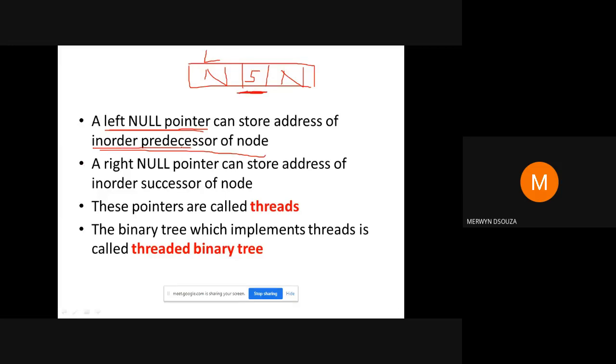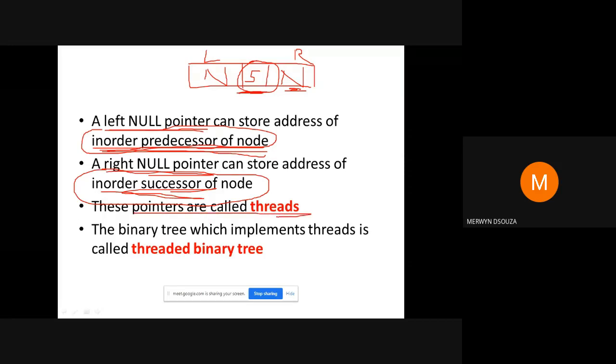And a right null pointer, that is this portion, will store the address of the inorder successor of this node. Okay, once these pointers store these addresses, inorder predecessor or inorder successor, those pointers will be called threads. And a binary tree which has threads is called a threaded binary tree.